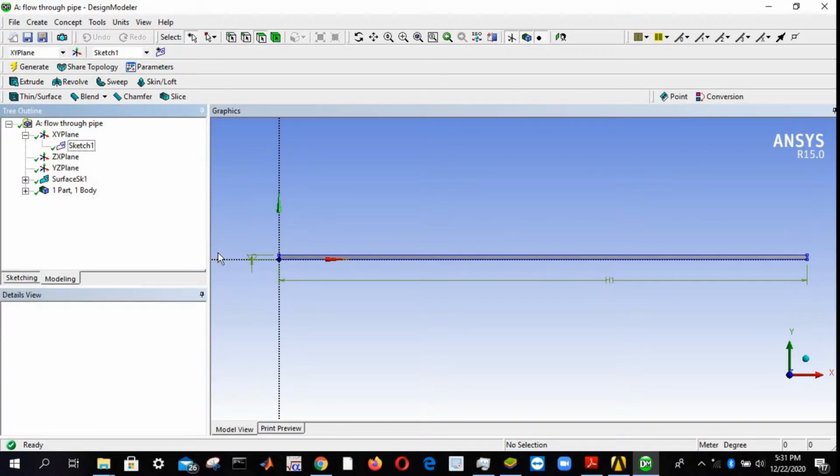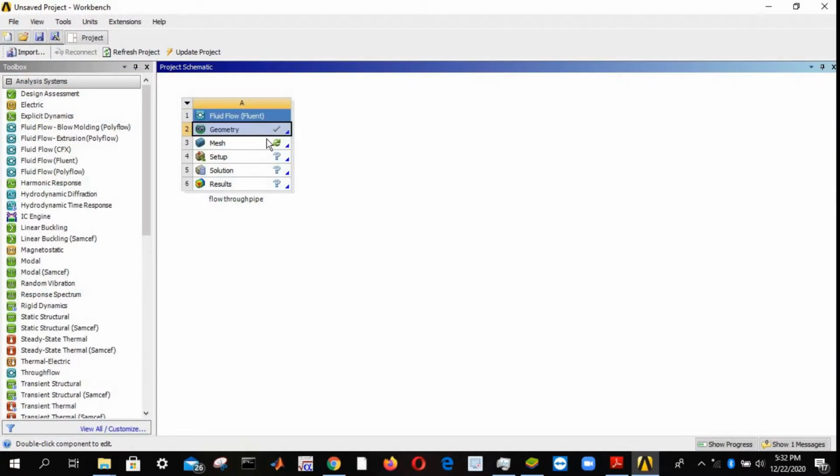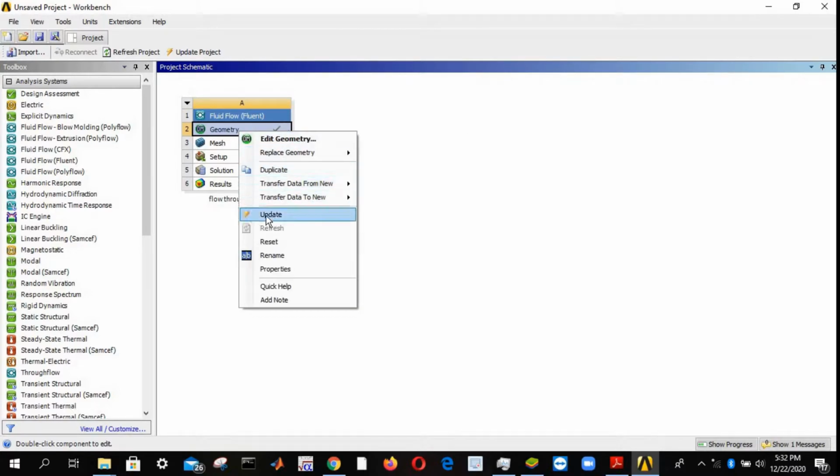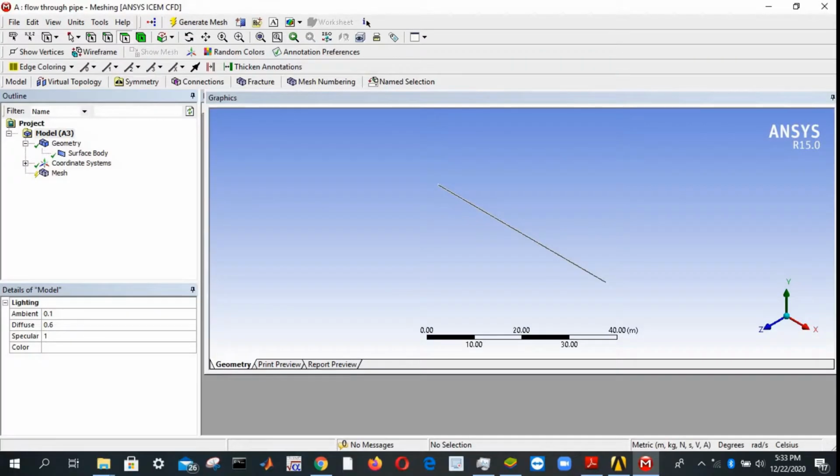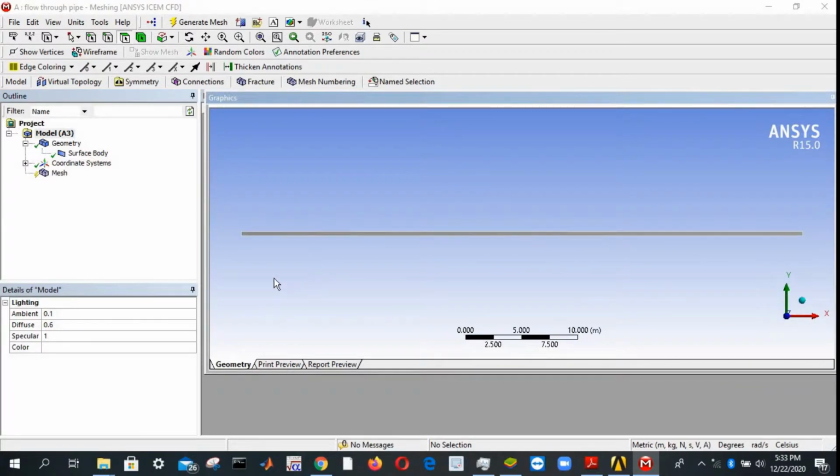Now we have created the geometry. We will go for mesh, just close it. So if you don't see a right click here, just right click on geometry and click on update. So now you will see the right click over here, then go to mesh. Okay, so now you will see a thing like this. Click on Z axis once again